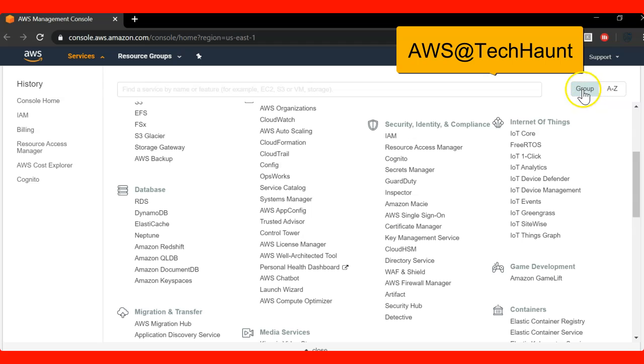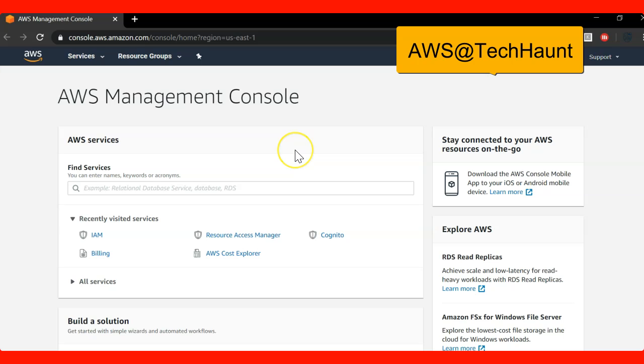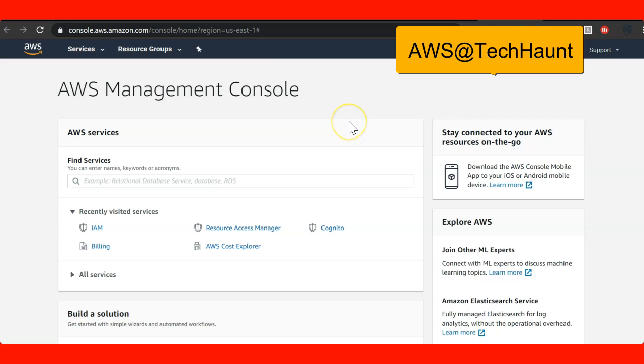Okay, so I'm just going into the groups. I'm not going to categorize them in alphabetical order. So that's how it looks with your AWS management console. That's the management console setting, and now we are going to create the users. So guys, in this lab I'm going to create 4 users and 2 groups, and then we add the IAM users to the different groups and then attach the policies. Okay, so let's see how we can get there.